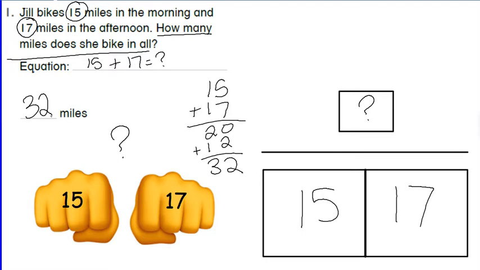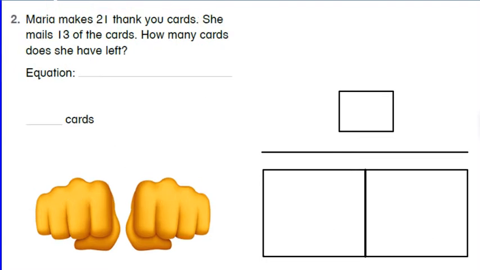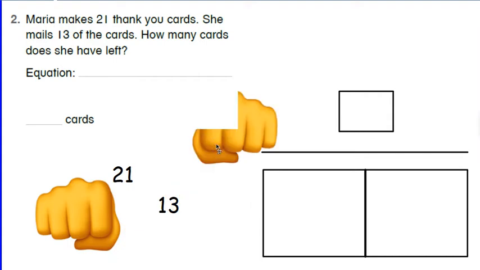So we're going to try the same thing on problem number 2 from tonight's homework. So Maria makes 21 thank you cards. She mails 13 of the cards. How many cards does she have left? So if we were going to use our hand model, Maria makes 21 thank you cards. That's everything together. She's going to mail off 13 of them. So we're going to put the 13 here. And what the kids will do is they'll move their hand